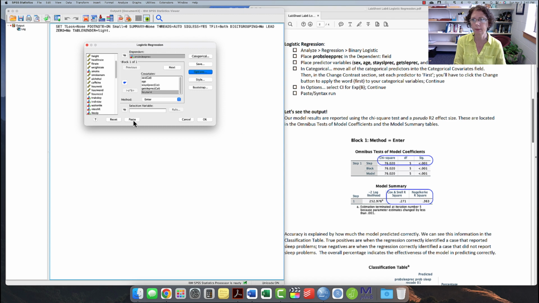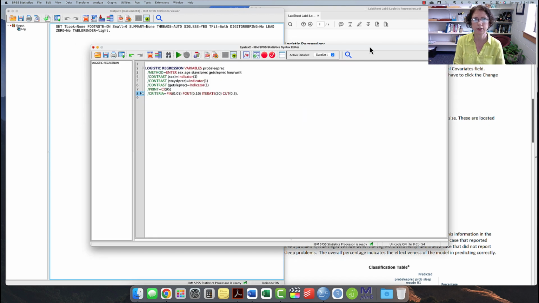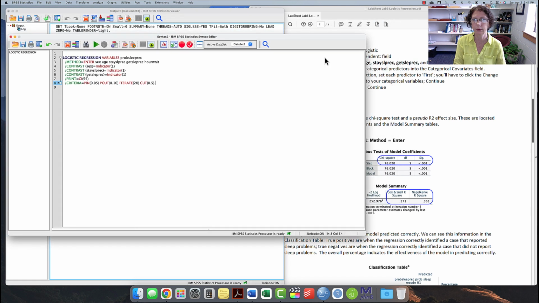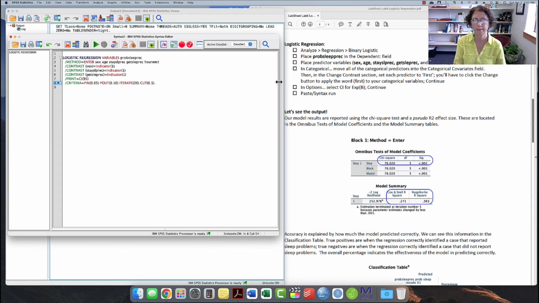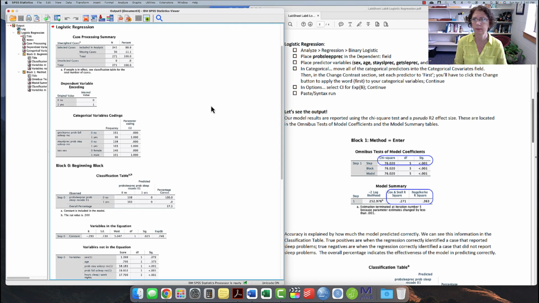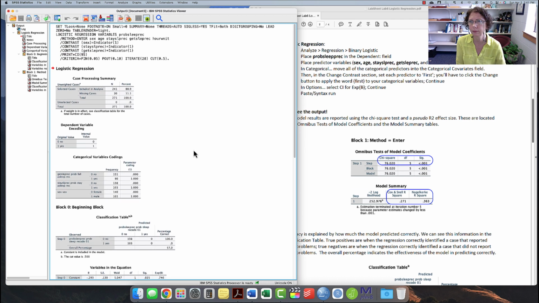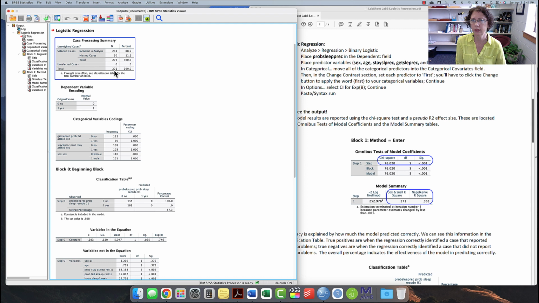All right, we can paste, which gets us the syntax window, and run this. All right, let's take a look at what we have here. We have that 241 cases were in the analysis. That's because some of them were missing data. And that's something you'll need to know when you're doing your write-up later,